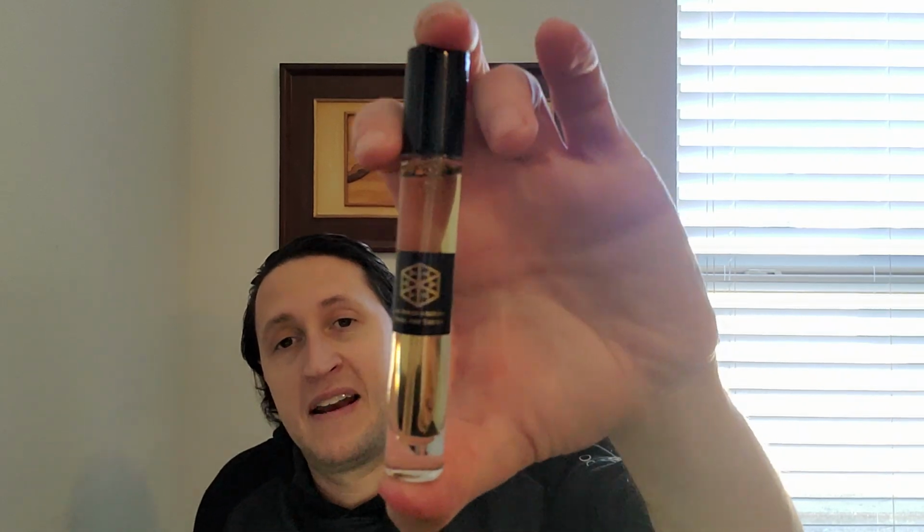And I've never given this a full wear, but I've worn it to bed a couple times, and it is beautiful. It has that same lovely ambergris note that, let's say, Ombre Supreme from the same house has. And apparently he did a fragrance from Eris Parfums called MXXX, which also has a lovely ambergris note. He's kind of becoming the king of ambergris. But this adds musk, orris root, patchouli, and what they call leaf green,